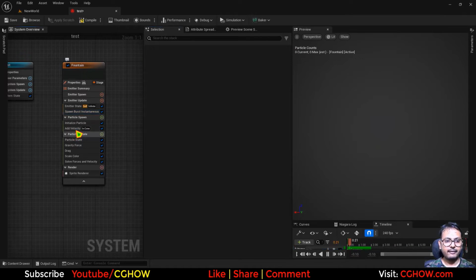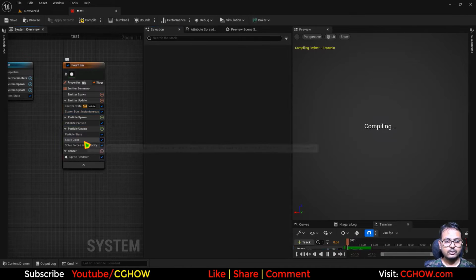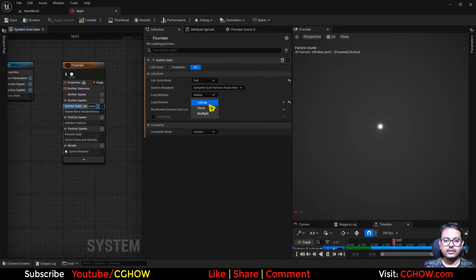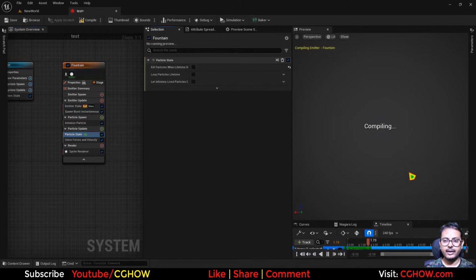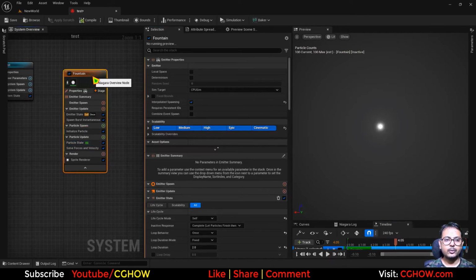Okay. And you don't have any velocity or anything. So all the particles are here on the center. And then you have just once and life infinite. So you have just 100 particles that are living forever. Then what you can do, you can select this